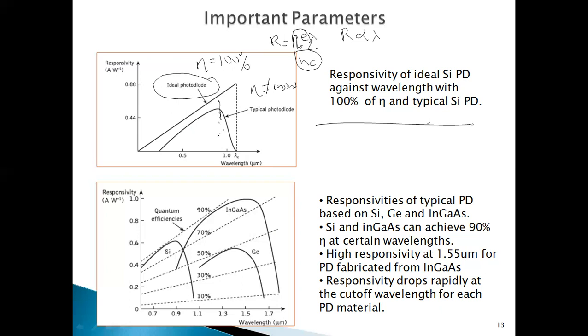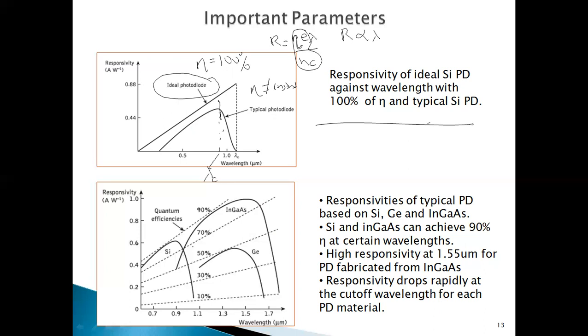This wavelength value is what we call the long wavelength cutoff, where above this wavelength the photodiode cannot function properly, and as such the responsivity will drop. The second graph here shows the responsivity versus the wavelength for other types of semiconductor material, which include indium gallium arsenide and also germanium. This is silicon, which is the same as above. So from this diagram, it can be seen that